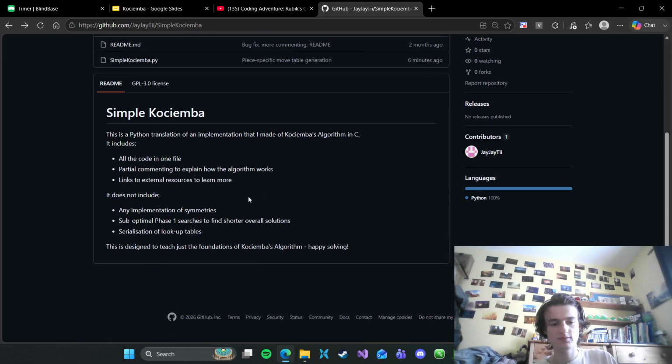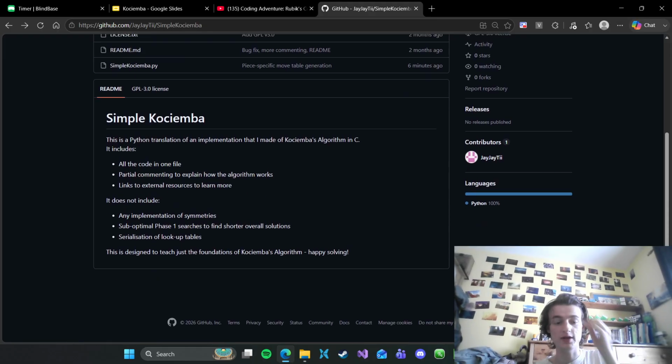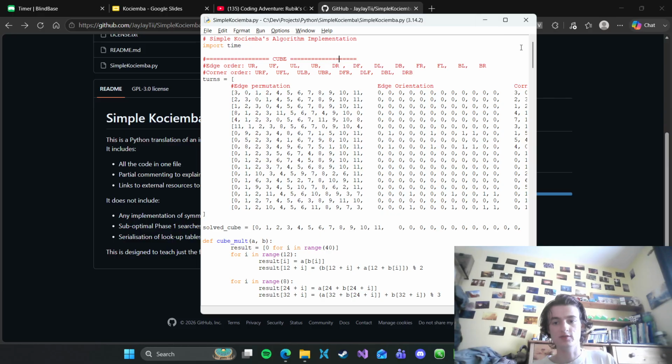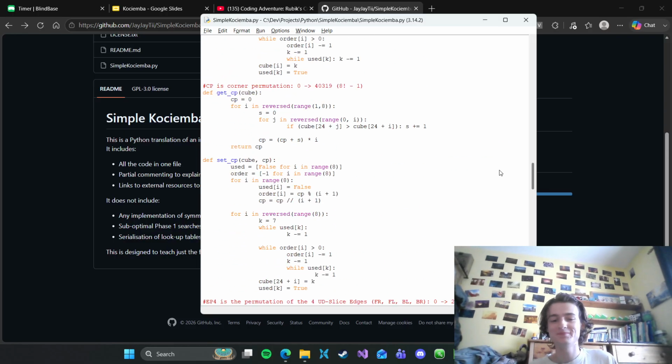So there's a little description of it here. It will give you all the code in one file. It'll have a very basic implementation of Kociemba's algorithm. So once you've looked at these things, you can go here and study it, and it's got comments and it's got references, so you can try checking those out. So yeah, check out